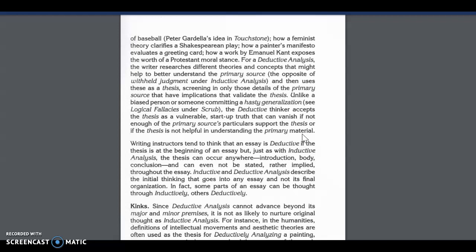This is how critical thinkers navigate the world. Being a critical thinker, you understand that sometimes your thesis is vulnerable, and it should be vulnerable. If it is disproven, or you're finding when you screen or filter that you do not have enough to substantiate your claim, this is when you must revisit your thesis and take a look back at your overall claim. Okay, this is important.